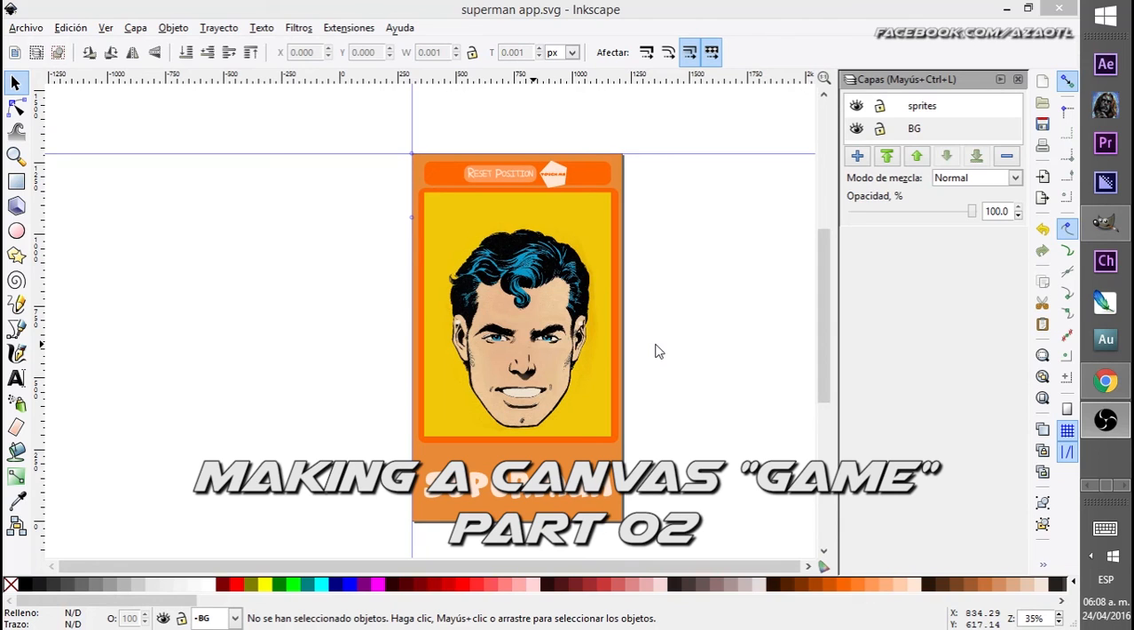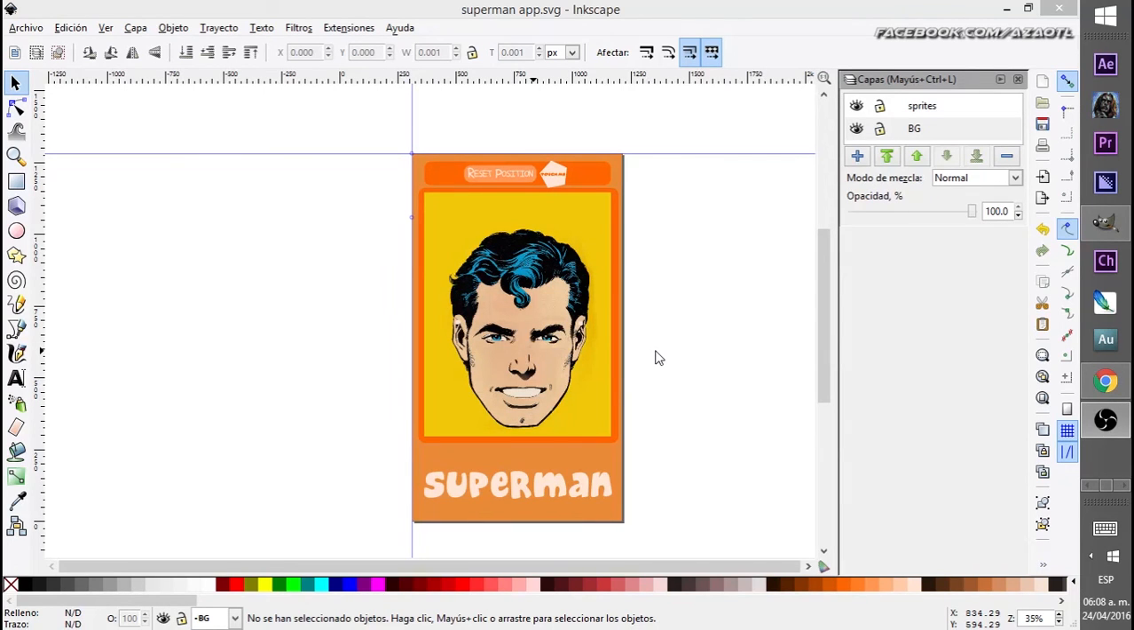Well, this is tutorial number 2 for making a Superman app, in GIMP, Inkscape, and passing this to App Inventor. Now we have created the layout for the app, and we need to export this information to App Inventor. Well, the first thing that you have to do now that we are here in Inkscape